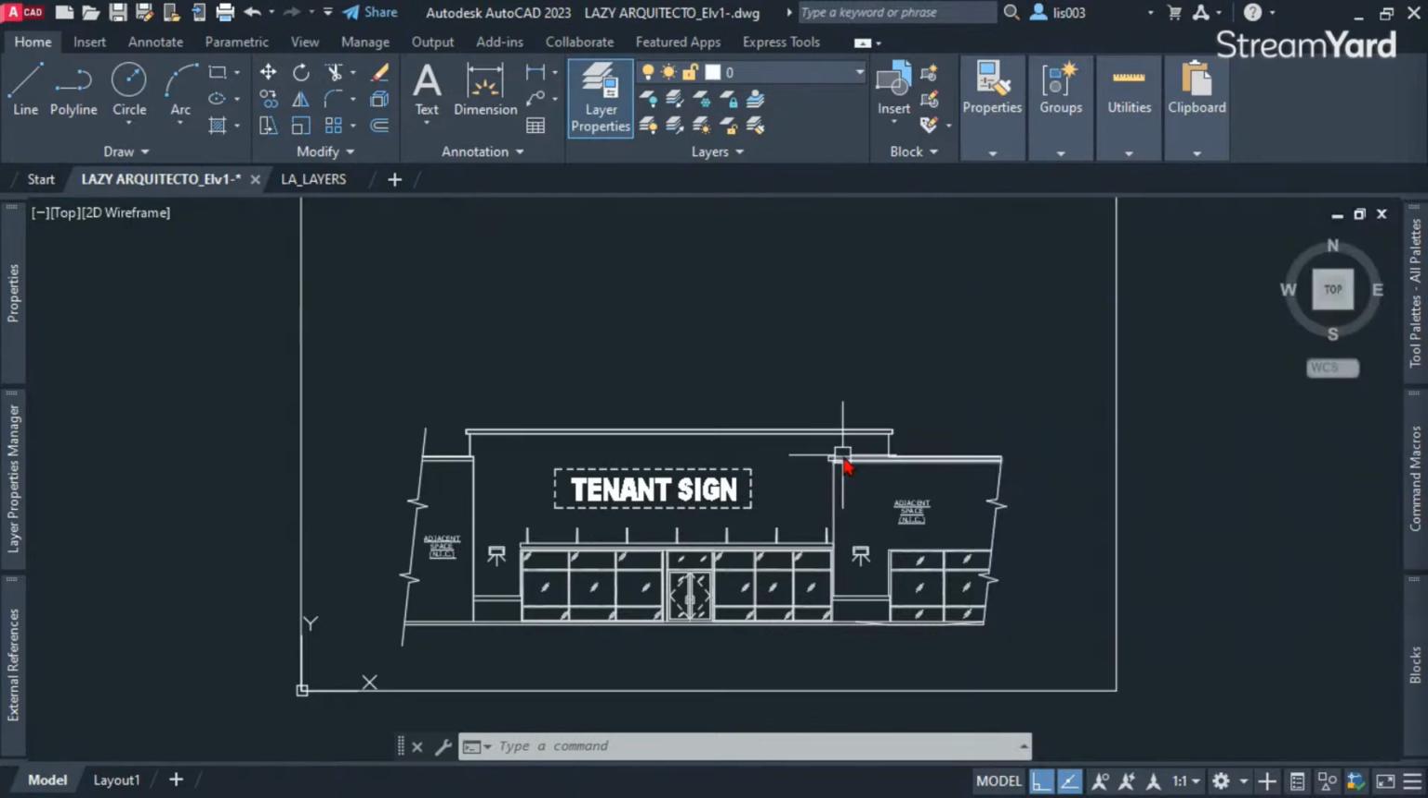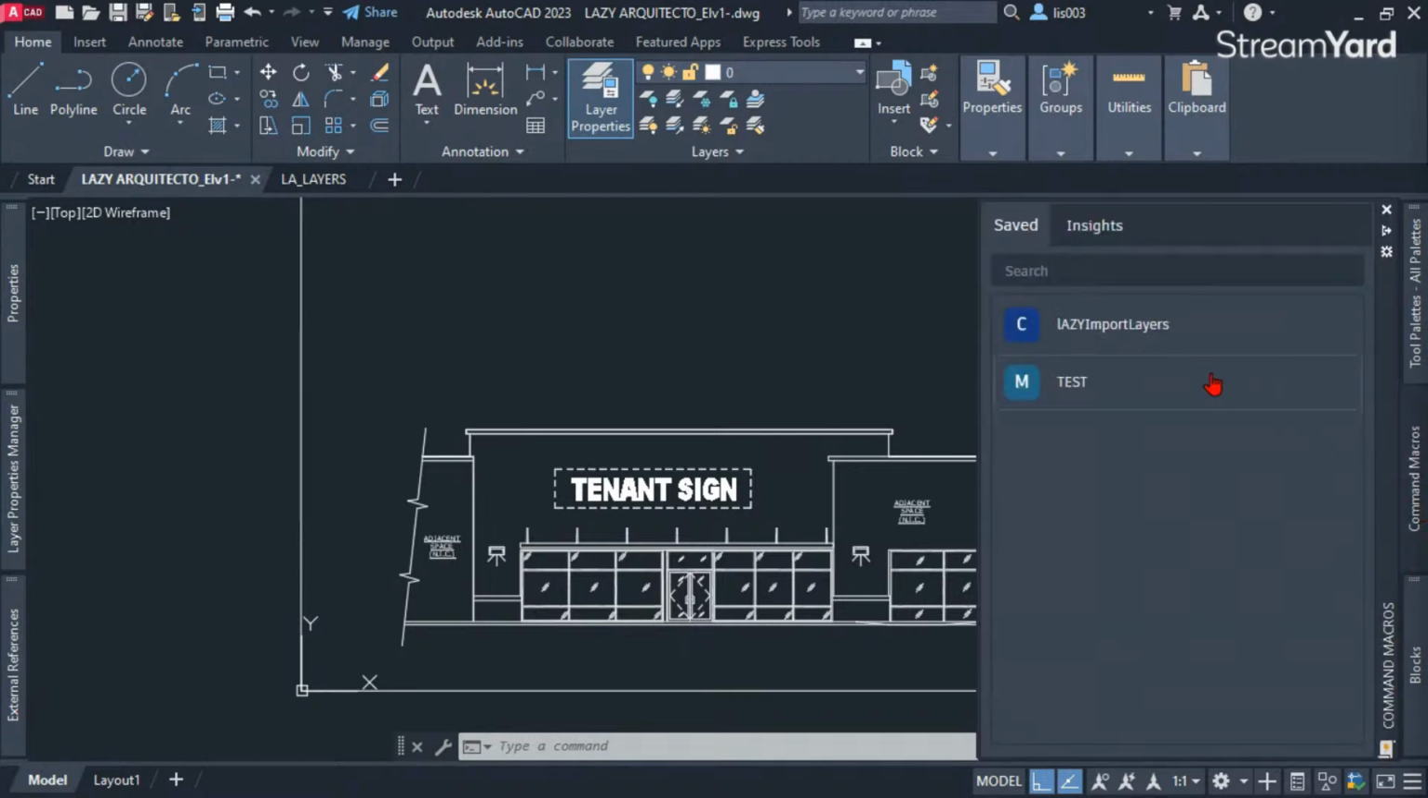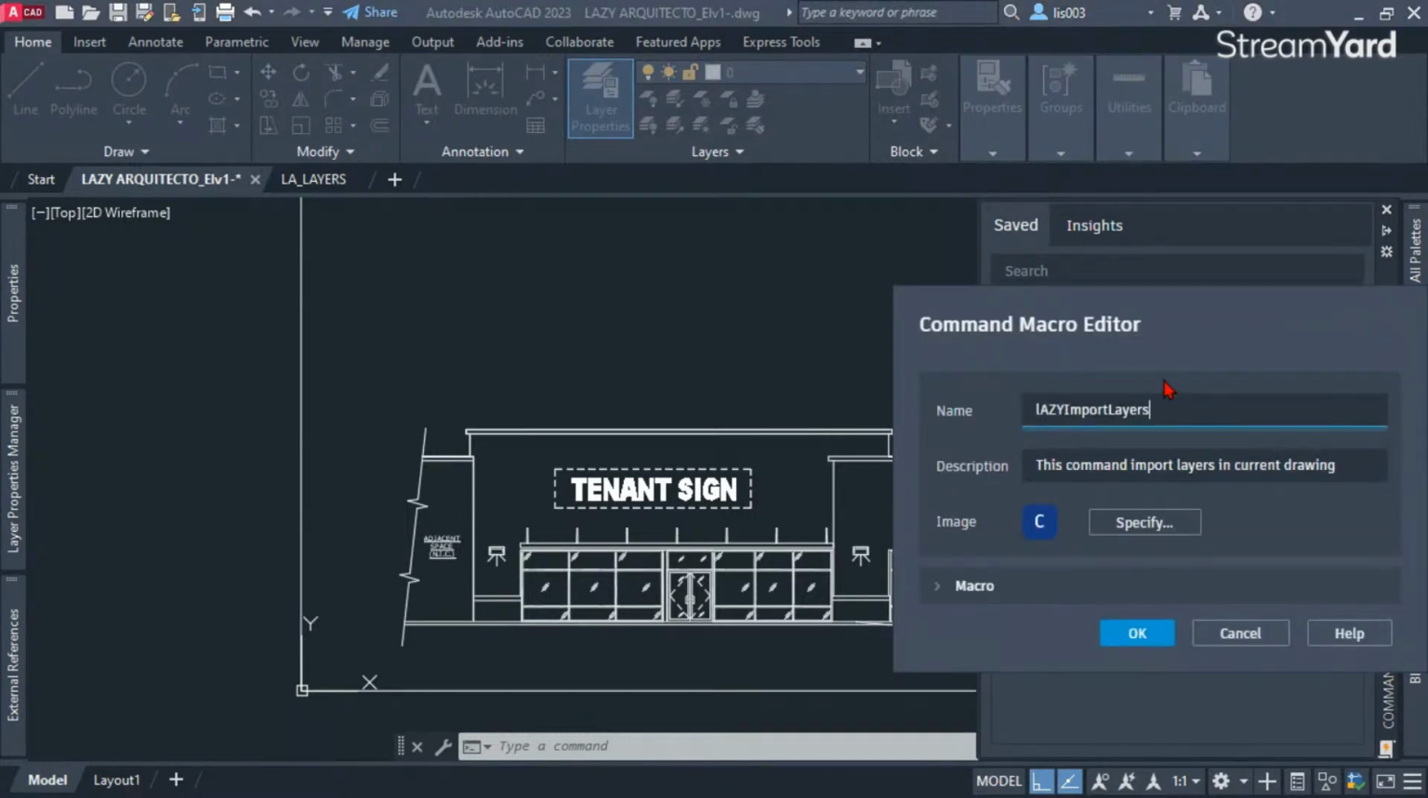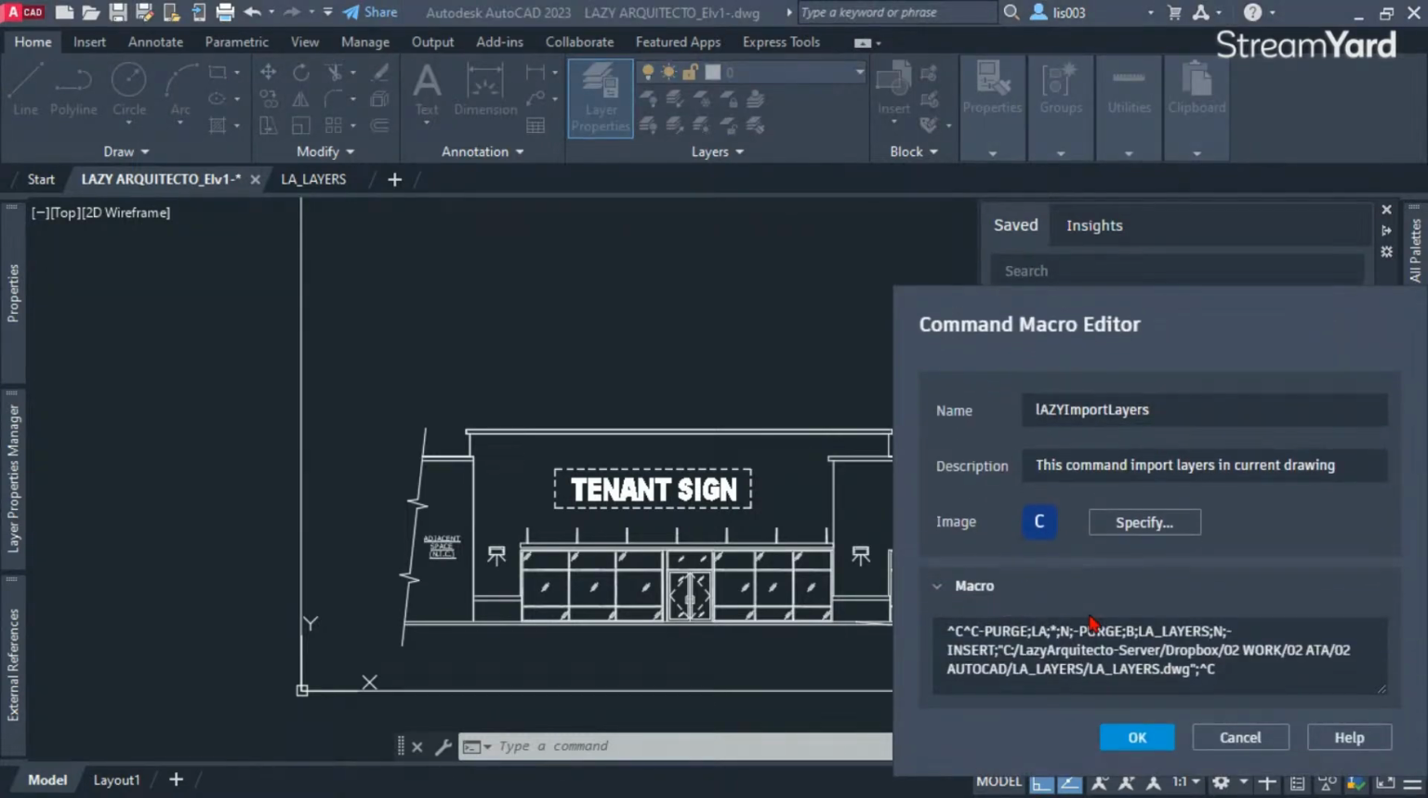That is a way for AutoCAD to let us know, hey, you imported your layers already, right? Because right now there is no way to know if our layers were imported or not. So that's why we need to add the next piece of code. Let me go over here, Command Macros again, right click, Command Macro Editor, expand the macro, and we're going to add the final piece